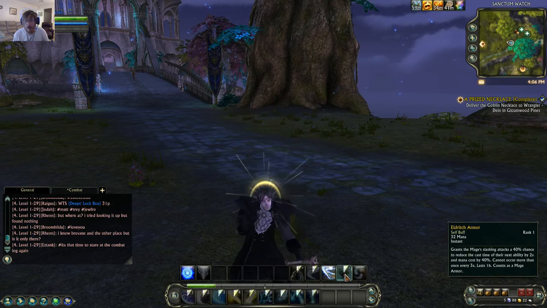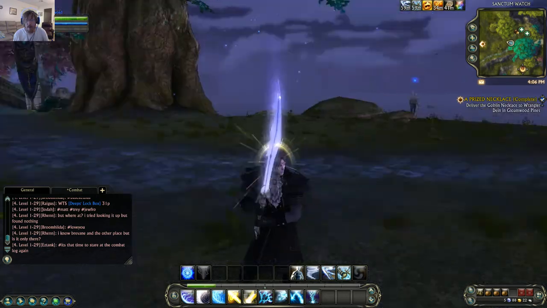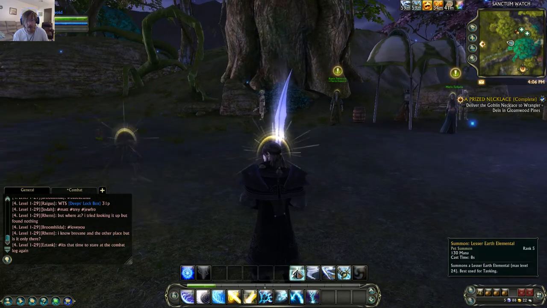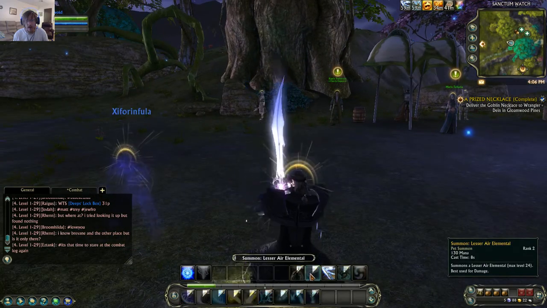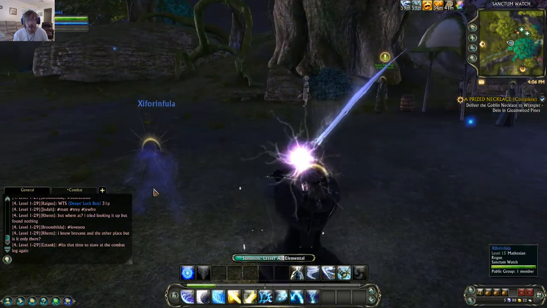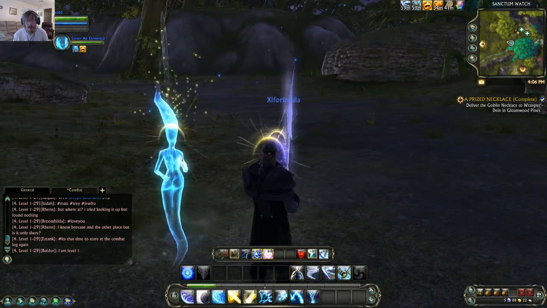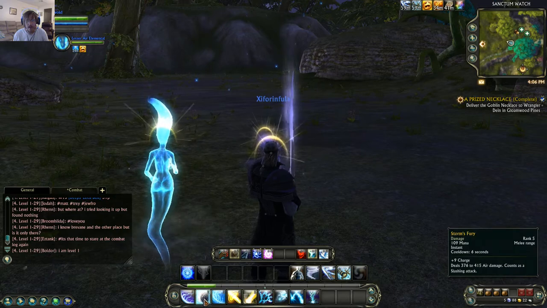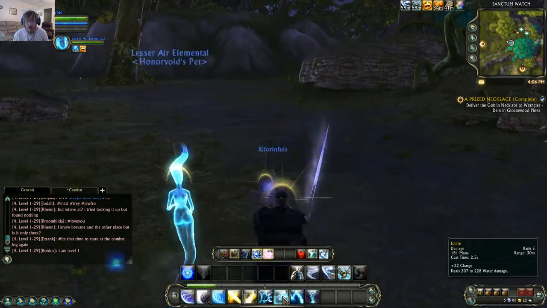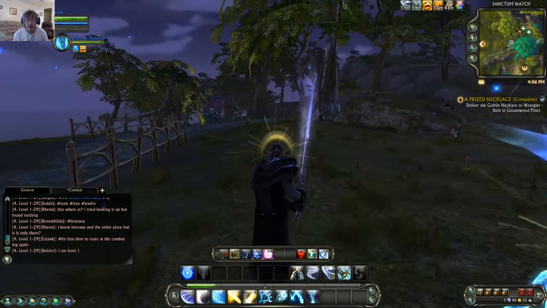Anyway, check this out. Let's see, I do Eldritch Armor and Lightning Blade. See, I just turned my staff into a lightning sword. And there's a guy showing off in front of me. Fuck you! I'll show off even better! Rawr. Anyway...